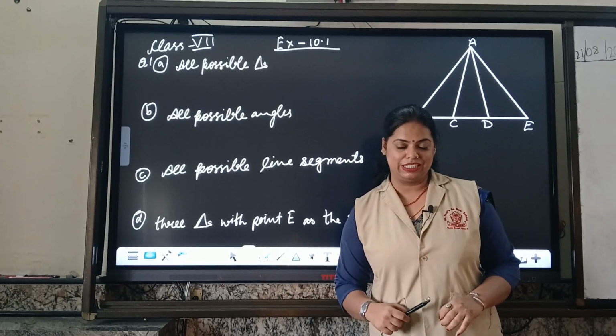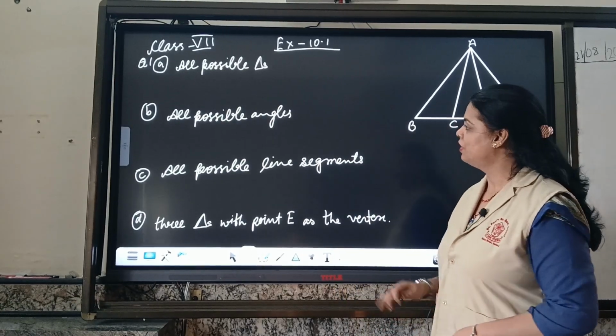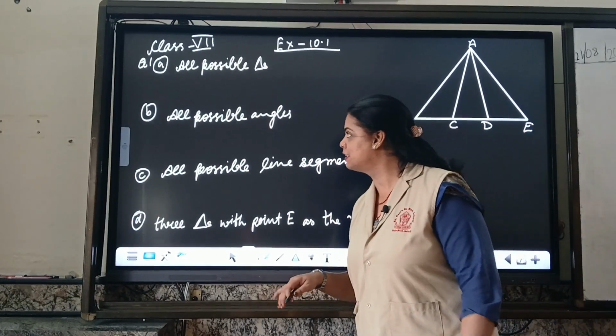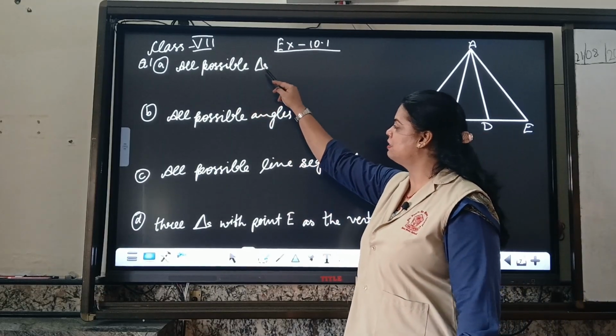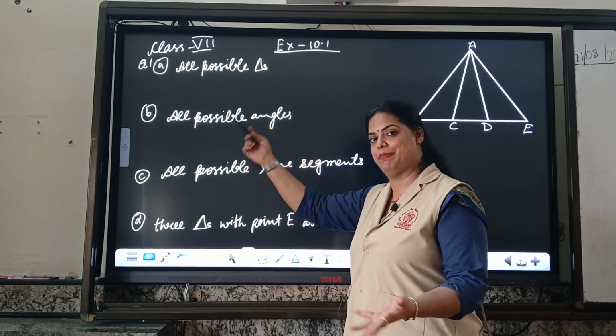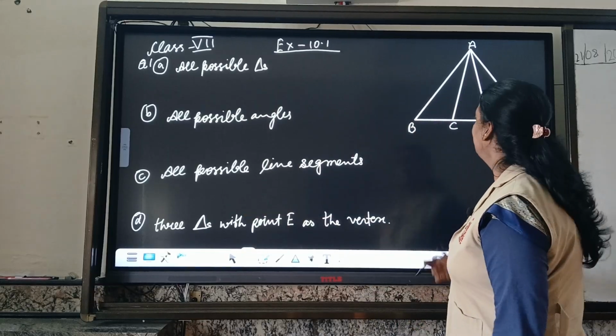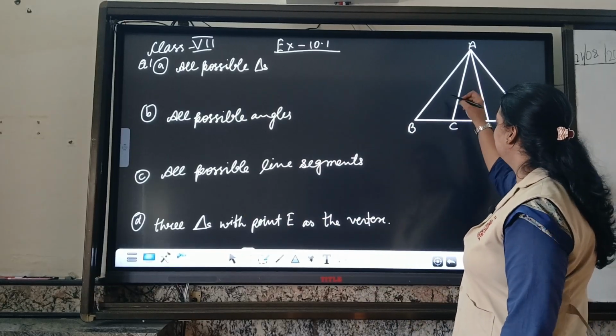Now we are going to start our exercise 10.1. First question, having 4 parts. So the first part is asking about all possible triangles. This is the symbol of triangle. The symbol means multiple triangles will be there. All possible triangles. The first triangle is